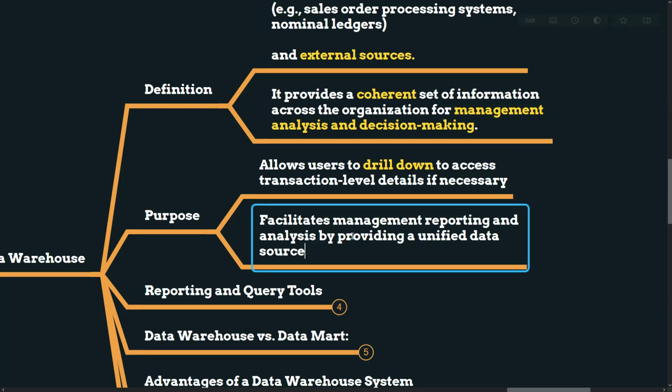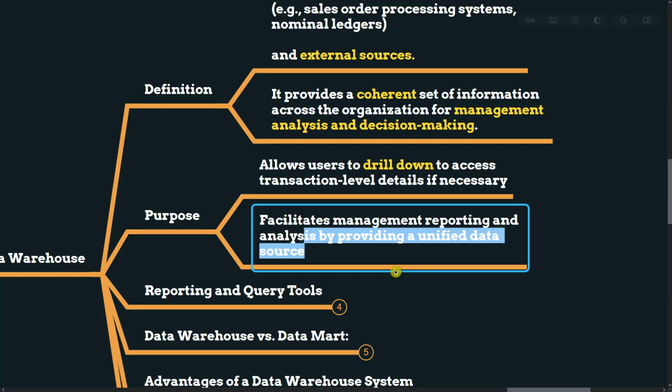So it can facilitate the management, reporting, and analysis by providing unified data sources, right? So that's how we need it. A data warehouse allows users to dig deep into the data when necessary, right? For example, if you want to check a specific transaction or sale for a particular customer in a particular time, if we want to drill down deeply from the millions of sales data, we must have a data warehouse,